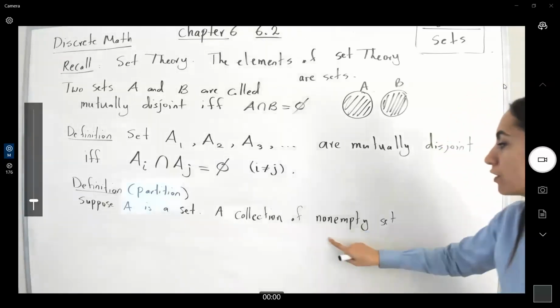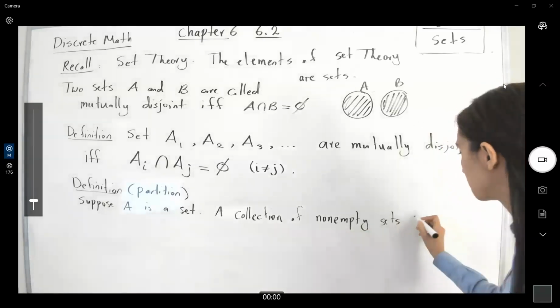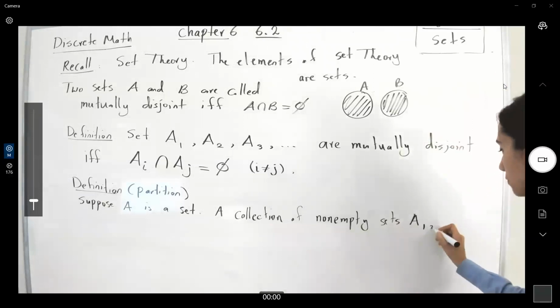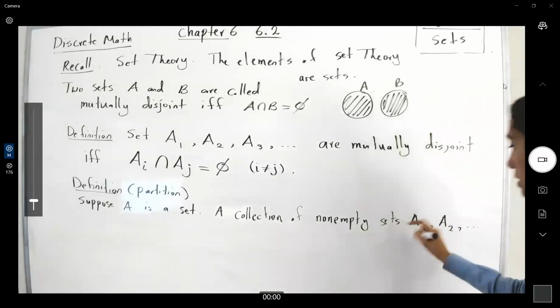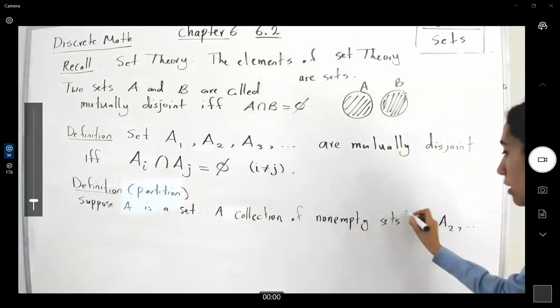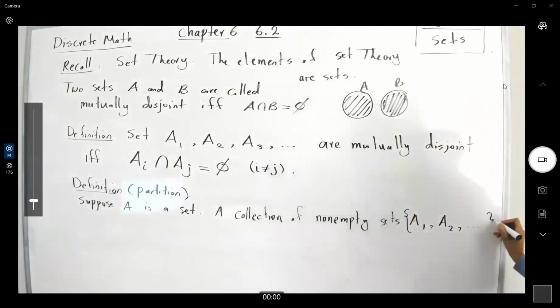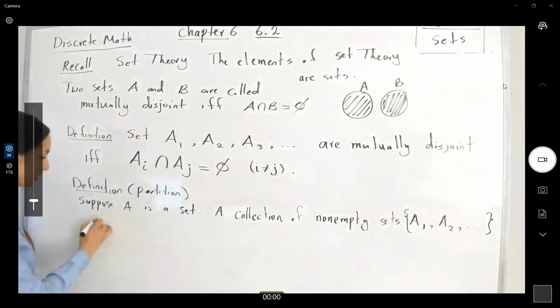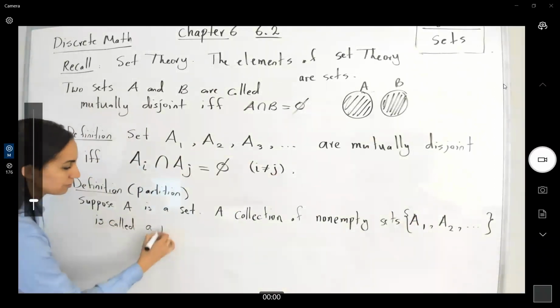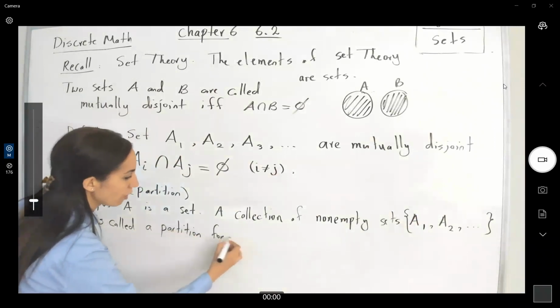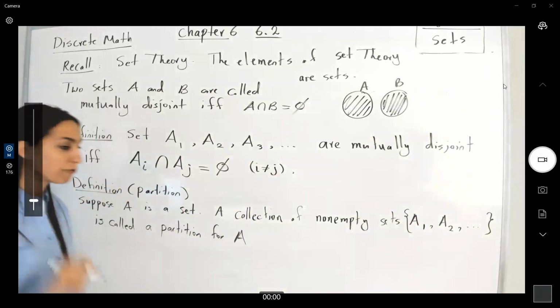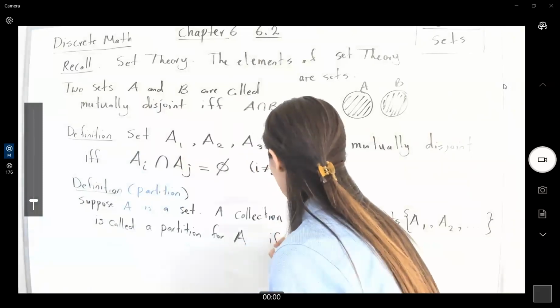A collection of non-empty sets like A1, A2, A3, and so on. Since we are working with a collection of sets, let us put them in set notation. Is called a partition for A if and only if